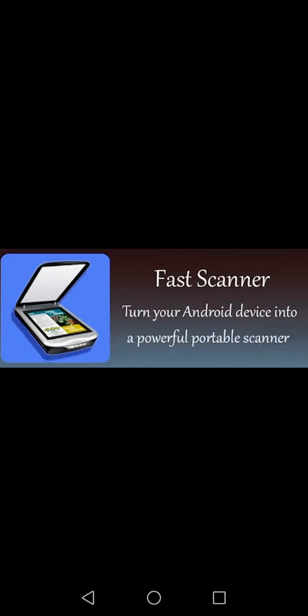This Fast Scanner turns our Android device into a multi-page scanner for documents, receipts, notes, invoices, business cards, whiteboards, and other page text. With this scanner, we can quickly scan our document, then print or mail it as multi-page PDFs also. Moreover, we can save these PDF files in our drive or open them in any other apps.